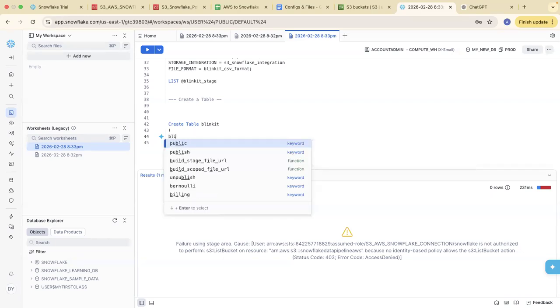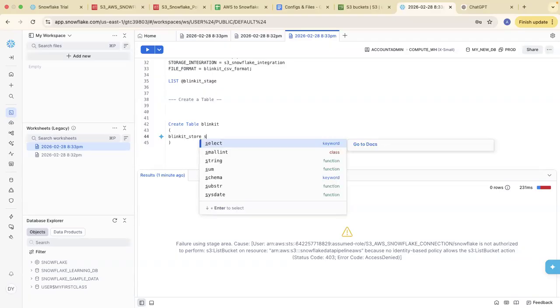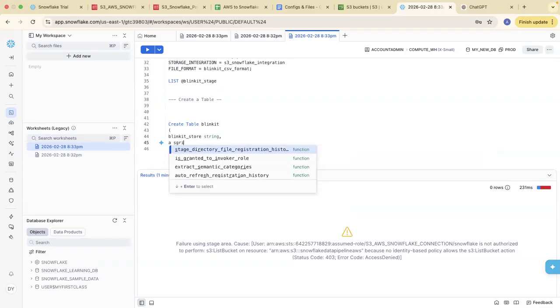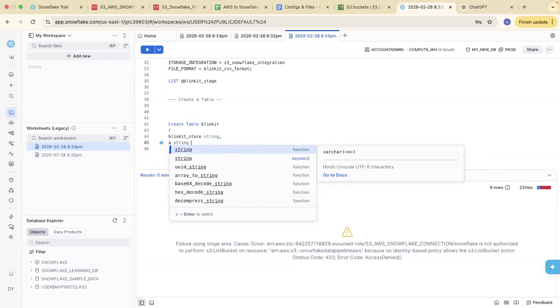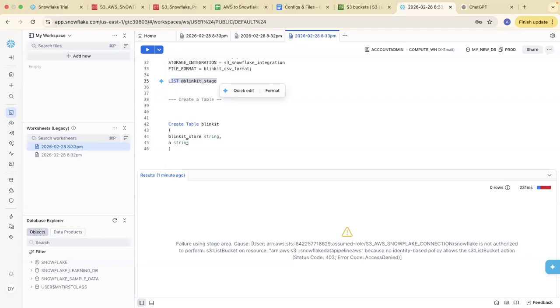Let's say I will give an example, Blinkit store, string, if this column is there. Similarly, all other columns I will define, and I will create a structure for storing my data that is landed here.